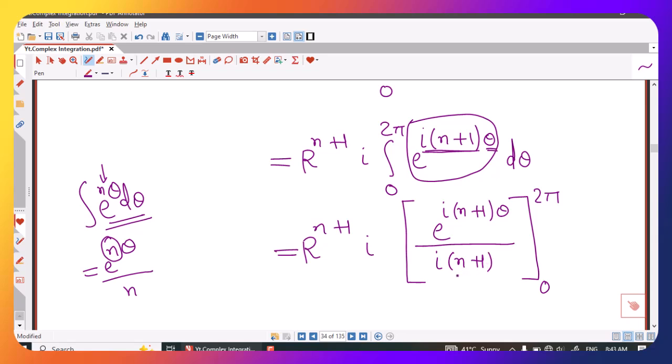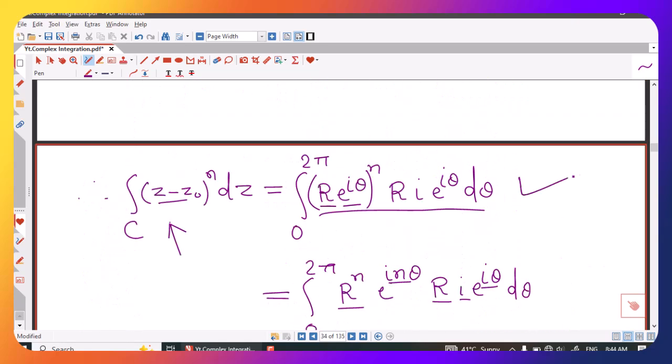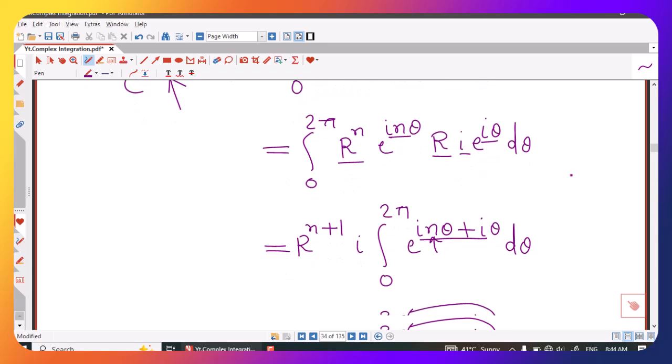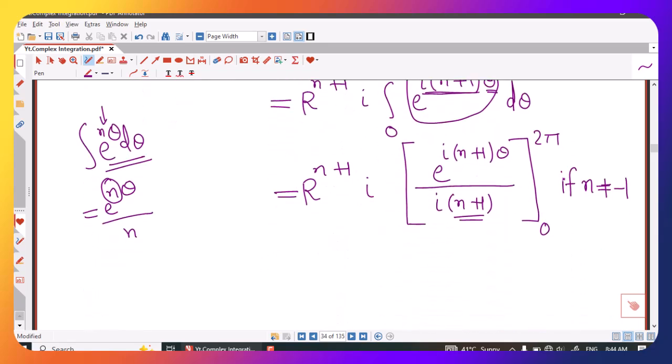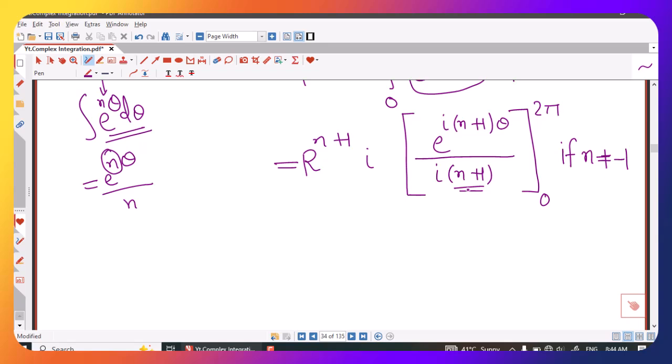Now you can see this will create a problem for n equal to minus 1, because it becomes 0 for n equal to minus 1. So this is valid when n is different from minus 1. For n equal to minus 1 we have to integrate this separately, because n is any integer here, so n can take the value minus 1 also, and for minus 1 this becomes undefined. So this is valid if n is different from minus 1, and this i will get cancelled with this,